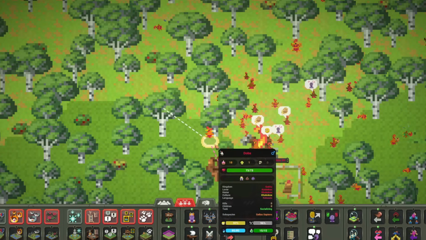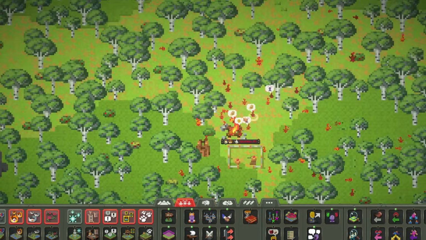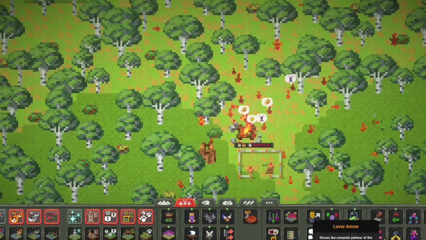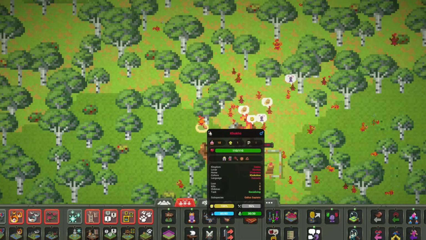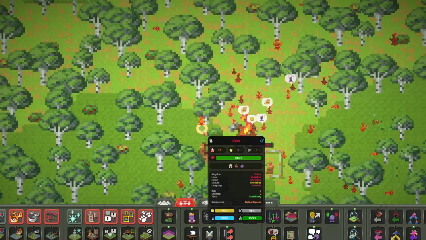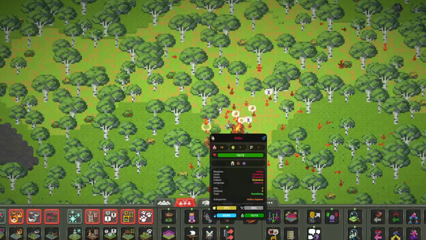The lover arrow, which shows their romantic partner with a little pink line. The house arrow, which will point to where the unit lives. Obviously, right now these guys don't have any houses, but if they did have a house, it would show you. Family arrow, which would show all of the family members of this selected unit. Parents arrow, which would show the parents of the selected unit once they actually have kids. And the kid arrow will point towards the children of the unit selected. And lastly, the attack target arrow would show who this selected unit is going to attack, say that there's a